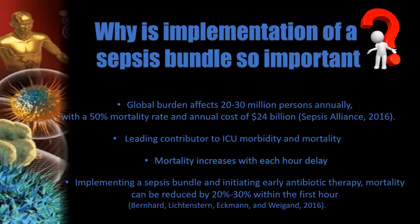Myself, being an AGACNP, I will likely provide care management for sepsis patients, considering nationally, sepsis and septic shock patients have one of the highest admission rates to ICU, with mortality greater than 60%. Mortality increases about 8% with each hour in treatment delays. So by implementing a sepsis bundle and initiating early antibiotic therapy, mortality can be reduced by 20 to 30% within the